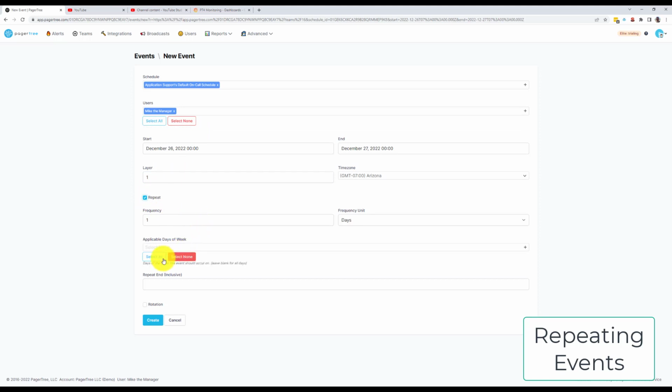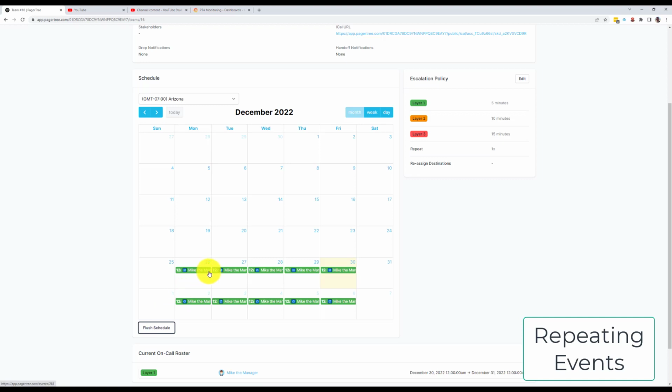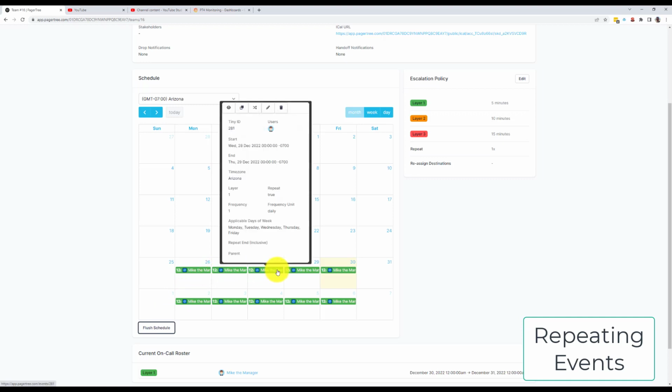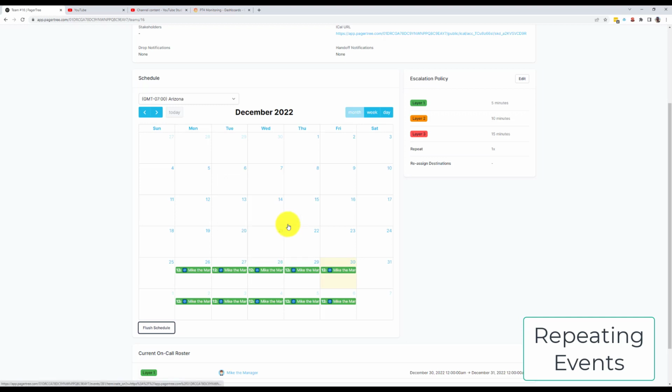For this example, I'm going to want to repeat this every day, Monday through Friday. We'll leave the frequency as is, but unselect Saturday and Sunday. Then click Create. And just like that, we have a repeating event. Similarly, if we want to edit or delete any of the repeating events, it's as easy as clicking on any of the events, selecting the occurrence, and the action we'd like to perform.